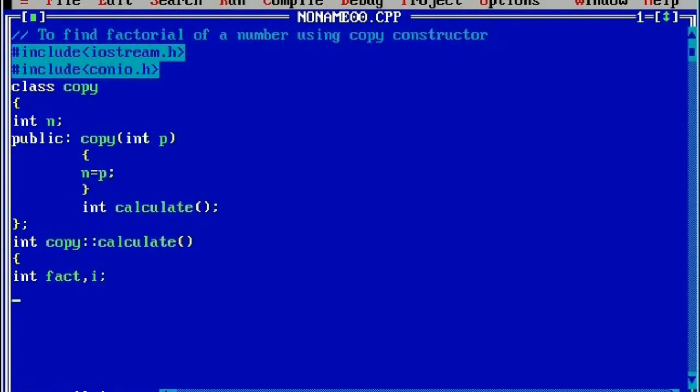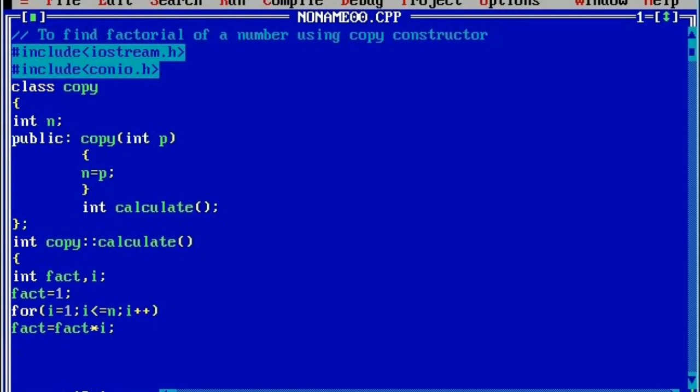So next we'll initialize this variable with the value 1. Why? Because we are going to stop iterating at 1. We are going to multiply the entered numbers in a decreasing order up to 1. So that's the reason fact is equal to 1. Now we are going to use iterative statement for looping structure. So initialize i is equal to 1, then put semicolon, i is less than or equal to n, then put semicolon, incrementation. Here we are going to calculate fact is equal to fact into i. So this is the logic to find the factorial of a number.